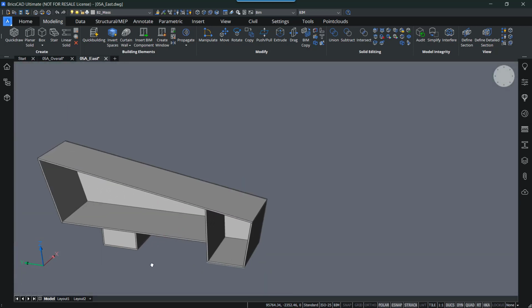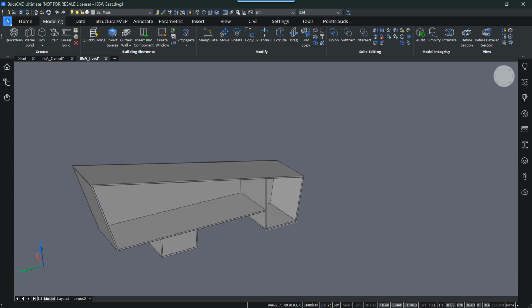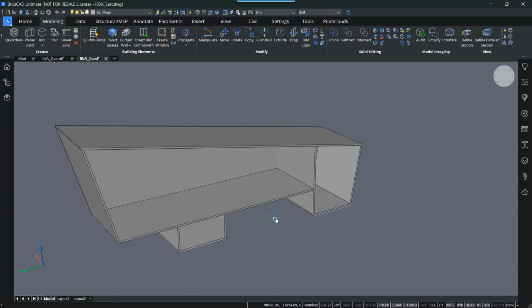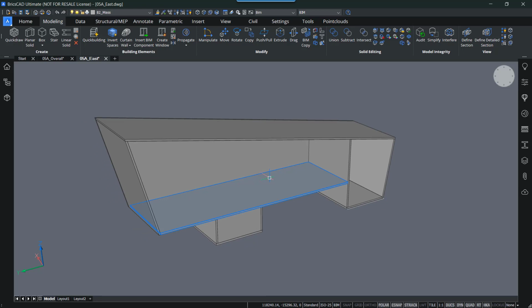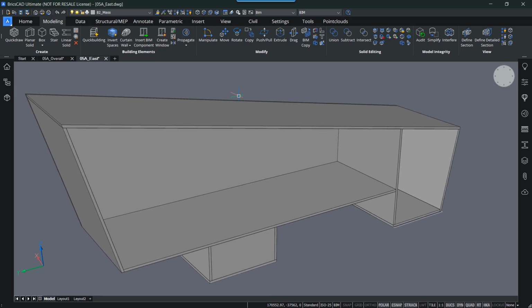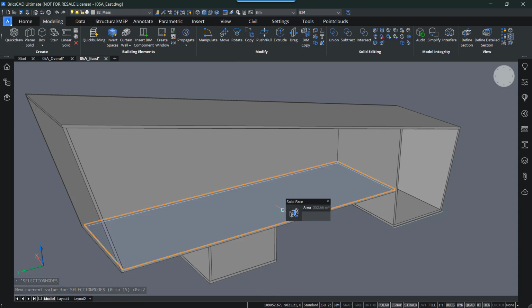So now it will automatically connect to the rooftop. So like this, I can play around with my inner walls of my building a little bit. The last thing that I want to do is add in some more floor slabs inside. So how I can do that is just, let me just zoom in a little bit and select the face of this slab. So I can do this with prioritize selection of faces or hit control, and I'm selecting this face of my slab, and then I can go ahead and BIM copy it.